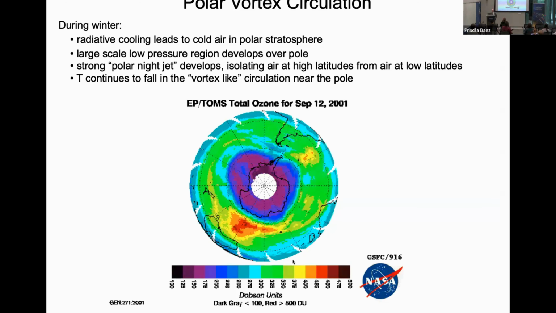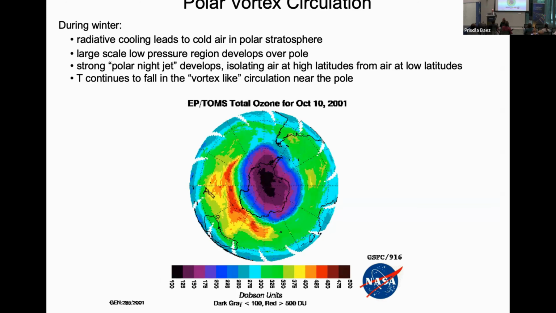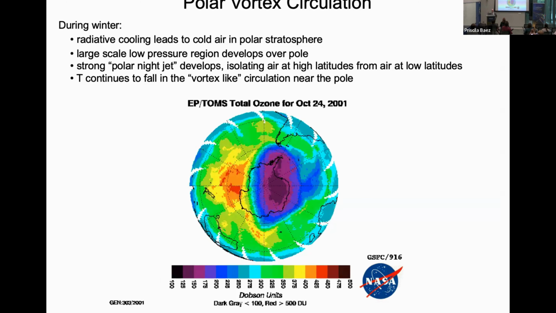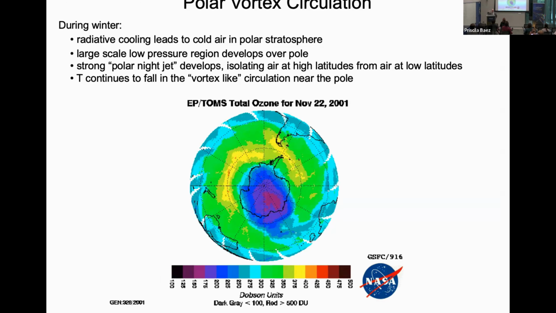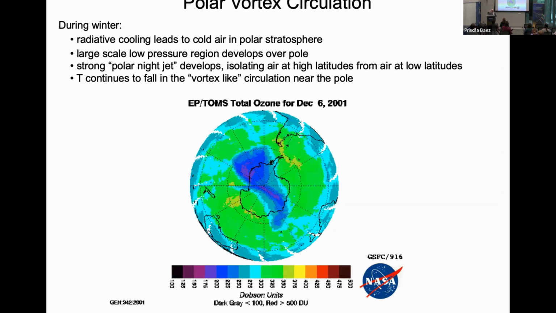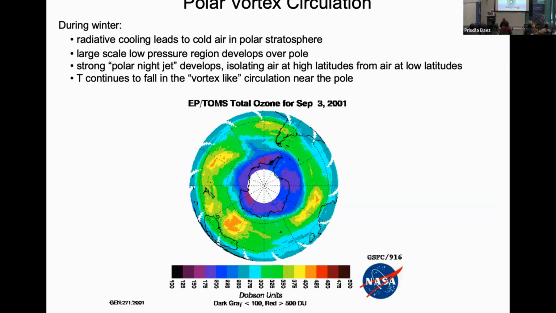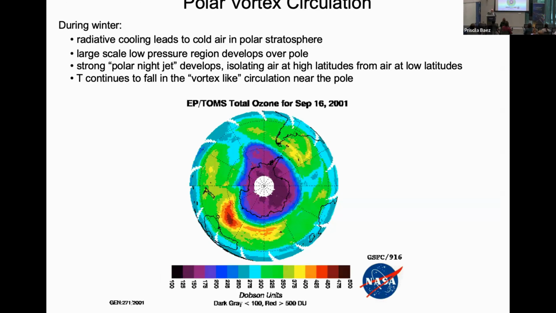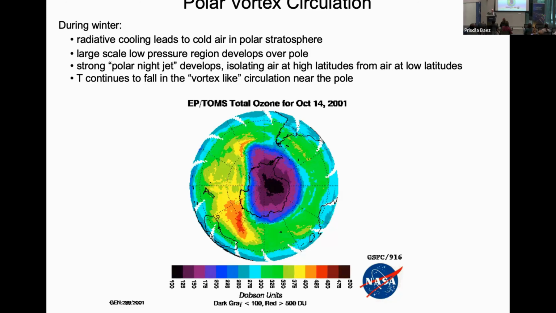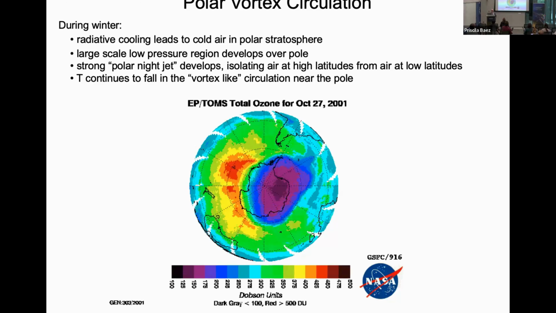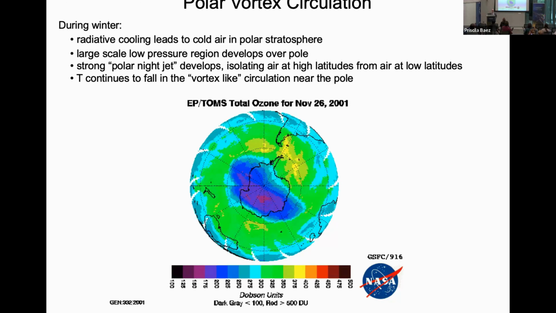And here is a little sketchy animation I put together showing the abundance of total ozone in 2001 from a satellite instrument. Basically, there's a circulation of air over Antarctica called the polar vortex. It gets very cold. It's very isolated from the rest of the stratosphere. And we now know that ozone gets incredibly low. And we know it's due to CFCs. But how do we know that?